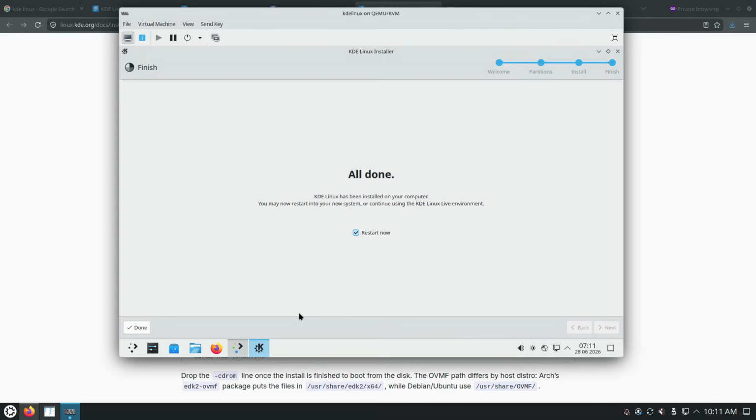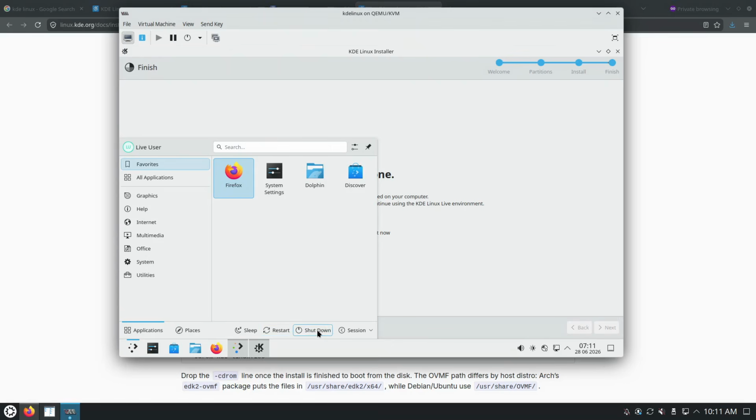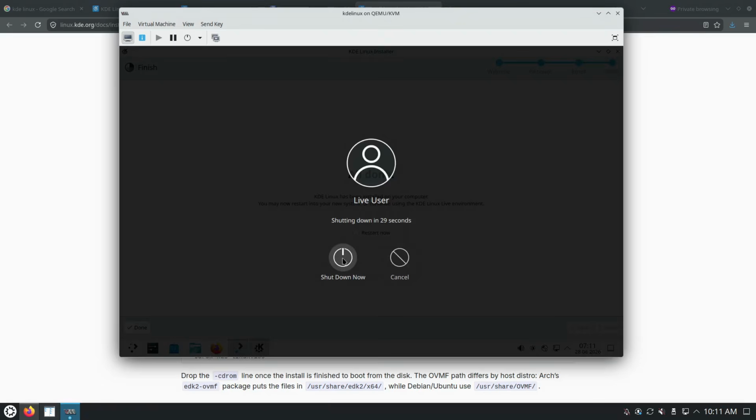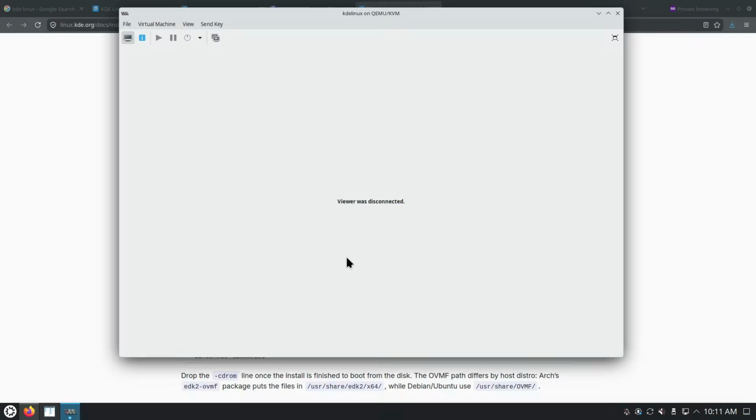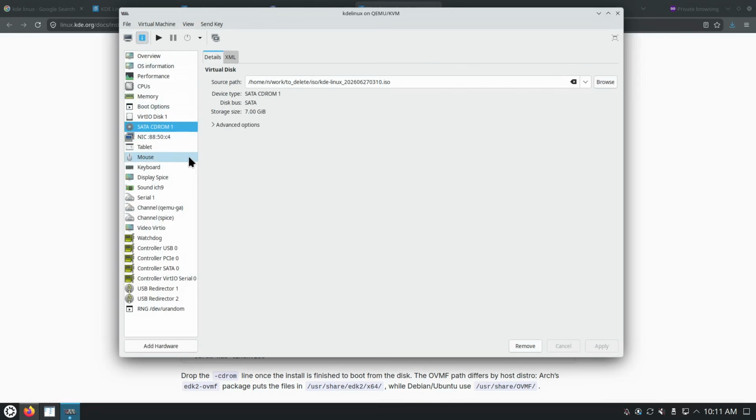which we actually want to shut down the computer such that we can remove the ISO file. We don't want to boot again from the ISO file, from the installation medium. Let's see if shutdown works. Okay, from the settings of the virtual machine, remove the ISO file, apply, and start the virtual machine. Somewhere around here,